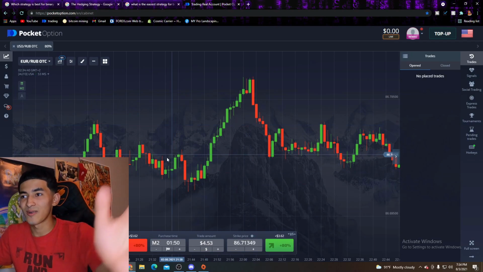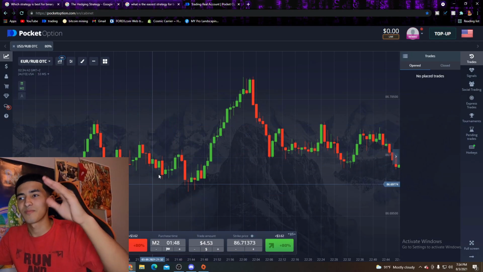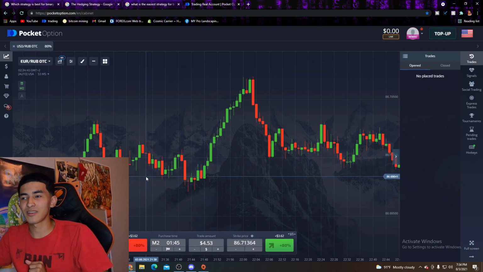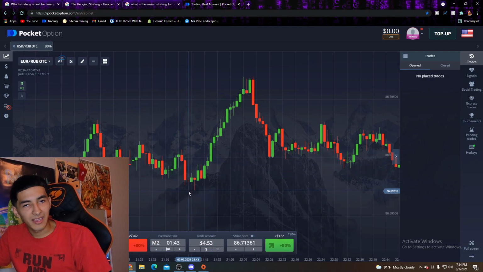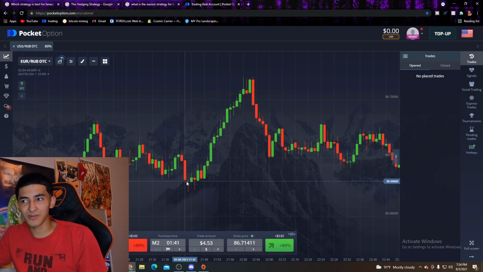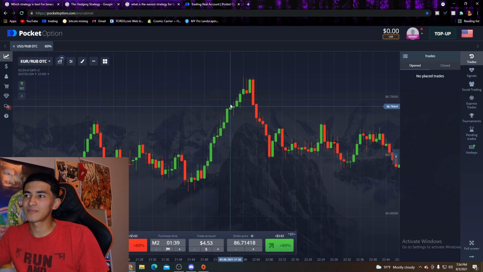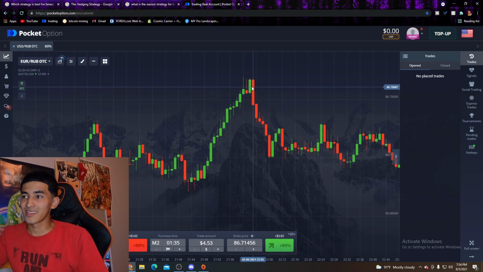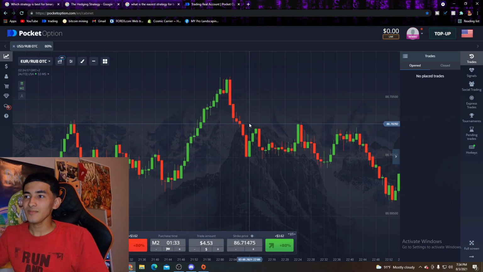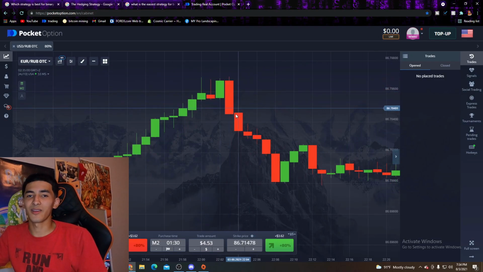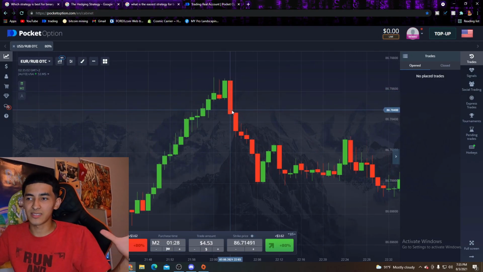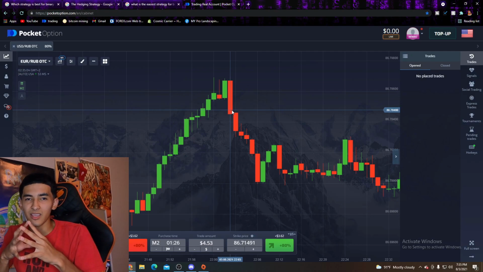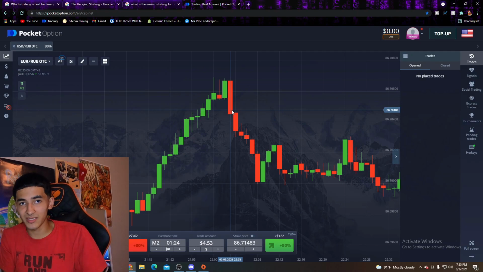Look, right here it was just bouncing back and forth. Nothing too fancy. Then it went down. It hit that Pinocchio, and then it bounced up here. What do you see? Pinocchio. Exactly. Or you can say engulfing, right? It did the engulfing as well. There's so many that you can stack on top of each other, but I suggest you first master one strategy